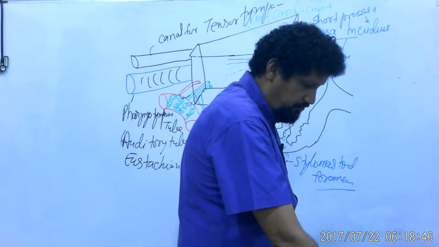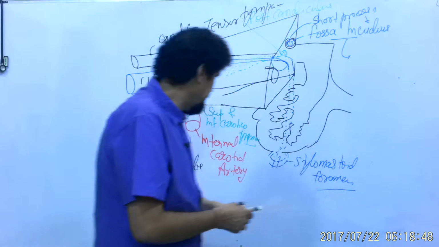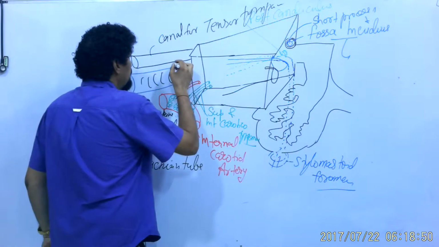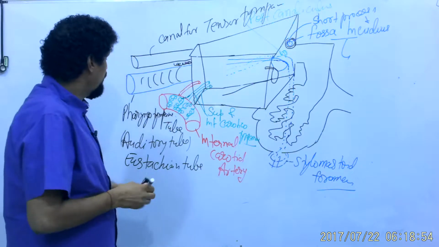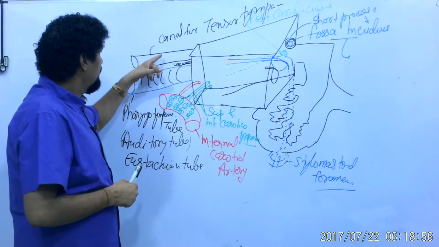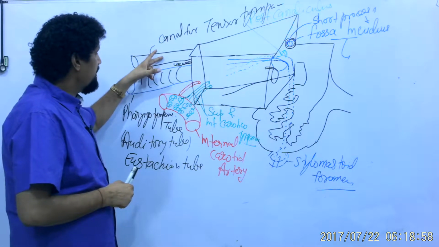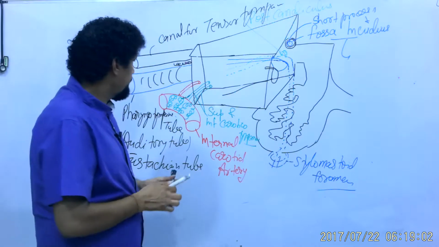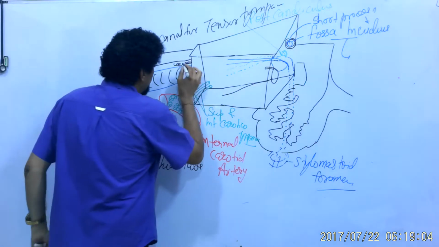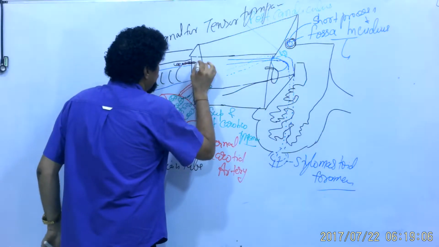Between these two openings, the opening of the canal for tensor tympani and the opening of the auditory tube, a bony projection between these two,